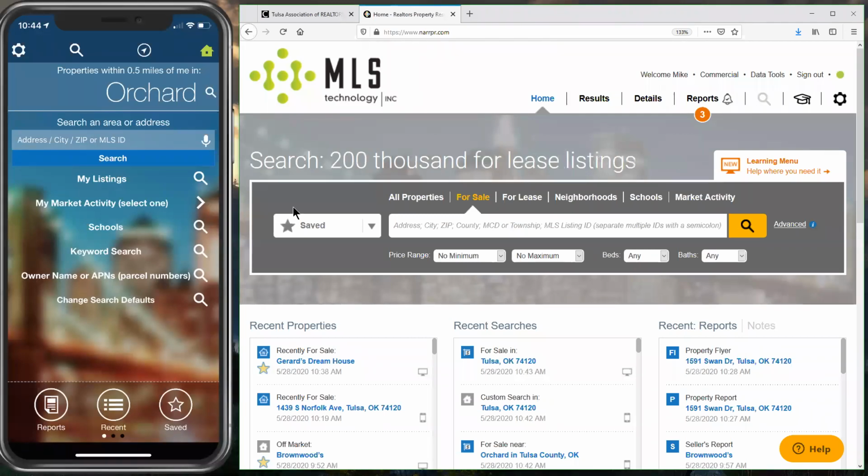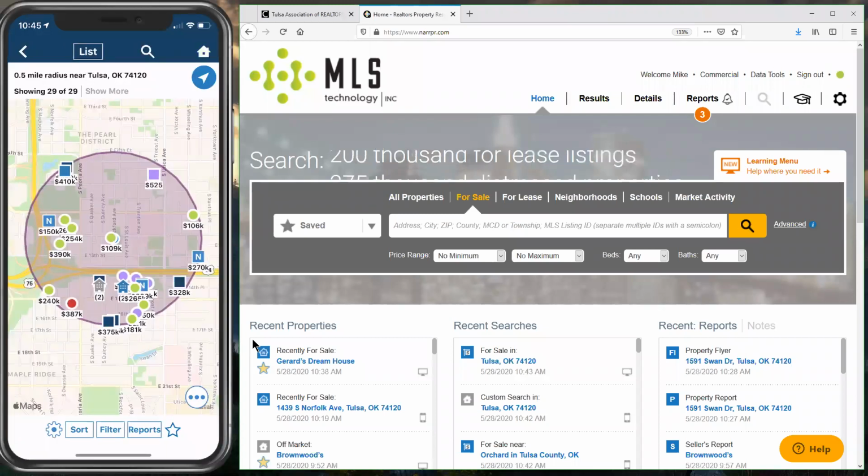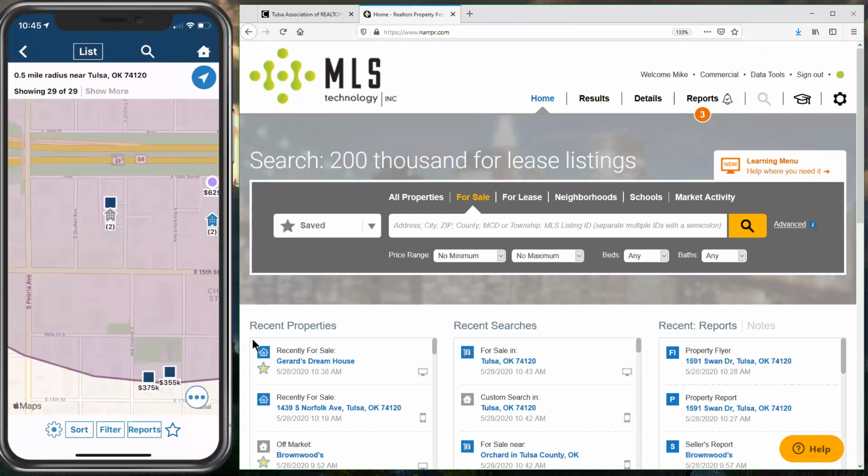So I can either search by the address. Again, we can type in the address if we know it, but in my case, I actually just want to localize my search just down to that specific area. So I'm going to click on the properties within half a mile of me. I'm actually going to zoom in. Let's find a blank spot where there's,